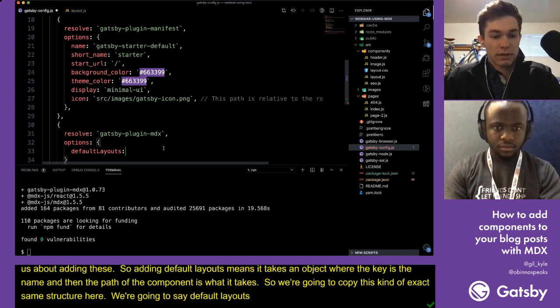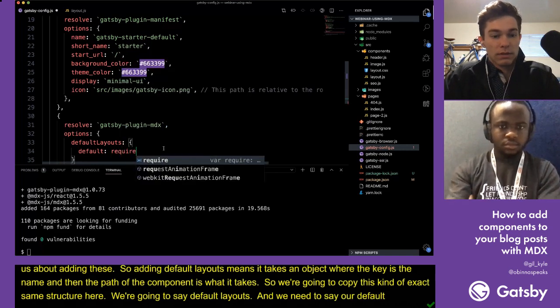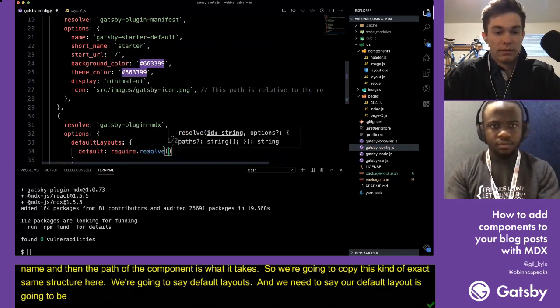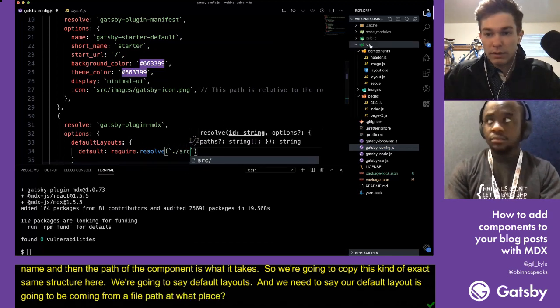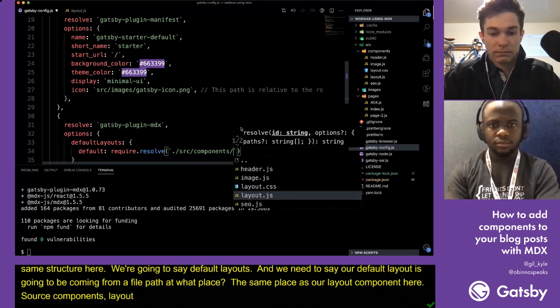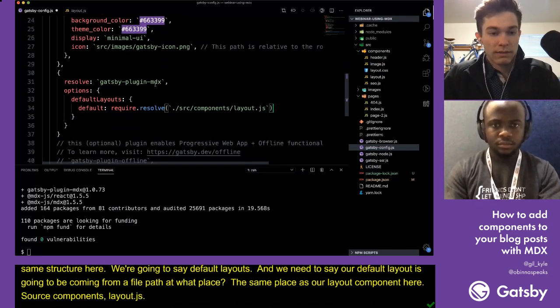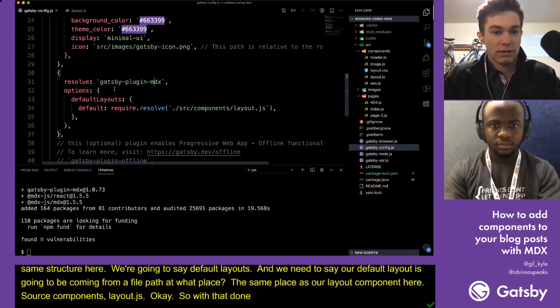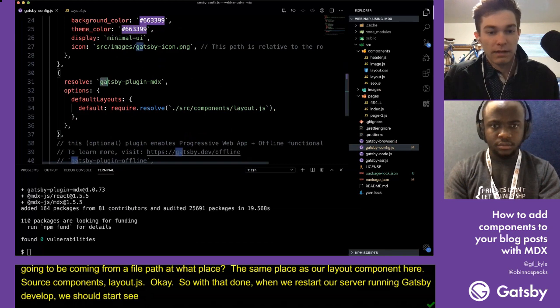Then we need to say our default layout is going to be coming from a file path at what place? The same place as our layout component here. Source, components, layout.js. Okay. So with that done, when we restart our server running Gatsby Develop, we should start seeing any files that